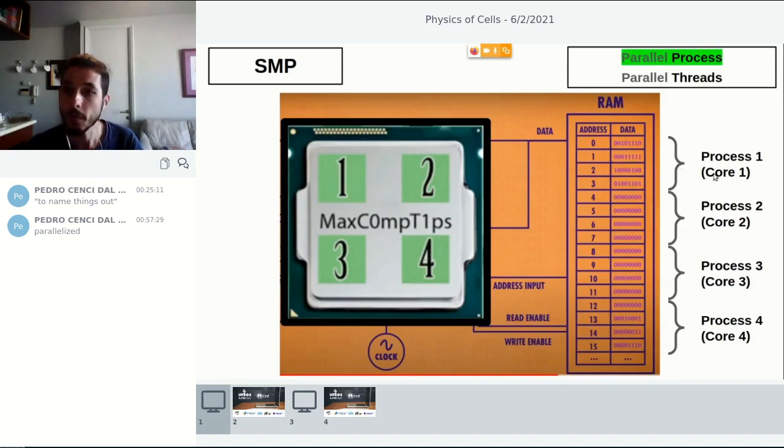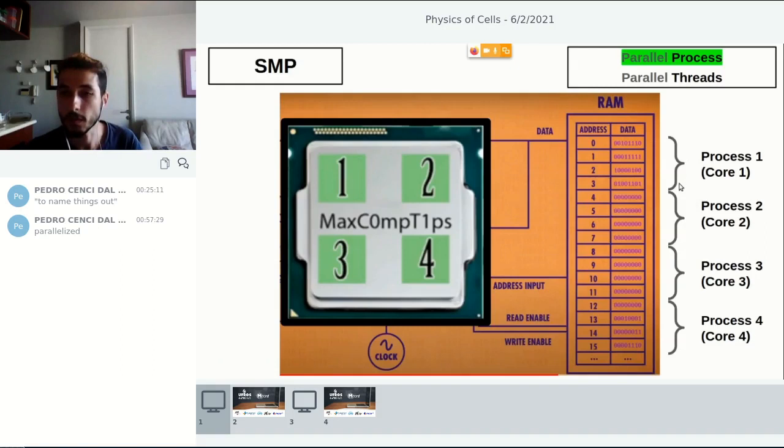And when you run this type of process, the computer allows each process to have only a piece of the memory, and these memories cannot share information. So process 1 cannot overwrite things that are being written in process 2. So this is a way to have safety